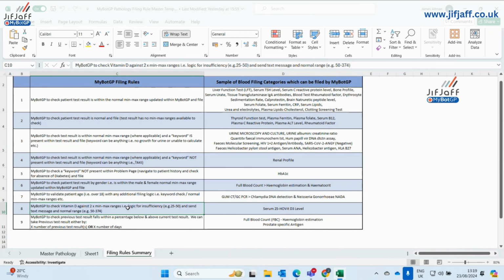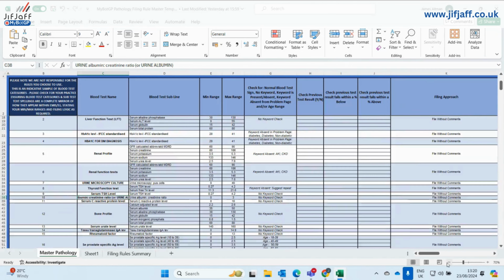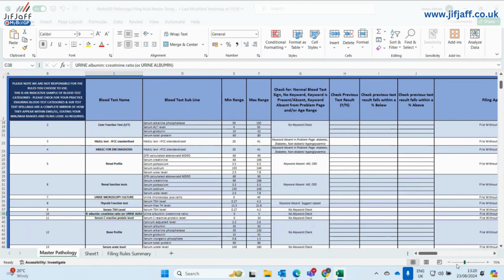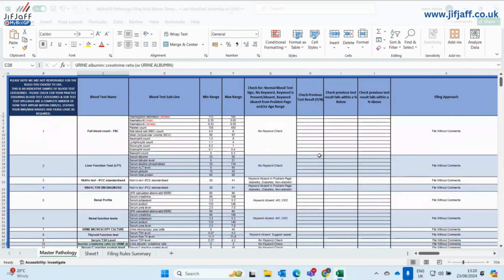As you can see, I always like to mention this one, vitamin D can have 2 minimum maximum ranges, can validate patient age, you can validate test by gender within normal ranges, and so on and so forth, check results, keywords, omissions of keywords. Now this is with some of our clients. Now again, I'm not saying that this is what you would choose to do. Let's see if I can make that a bit bigger without losing some of it. But this is an example, and I have another example I can show you as well